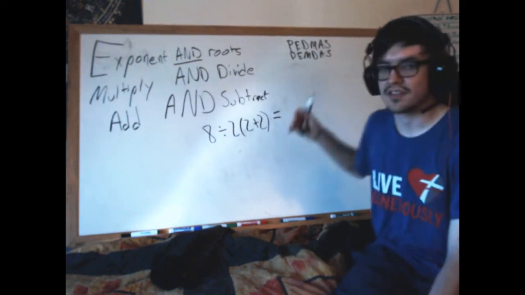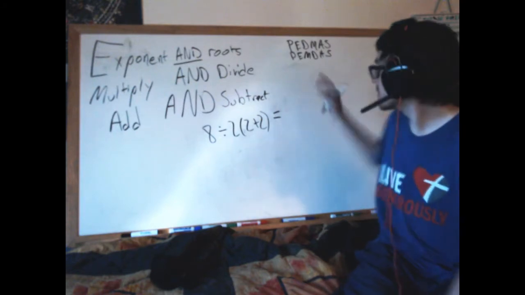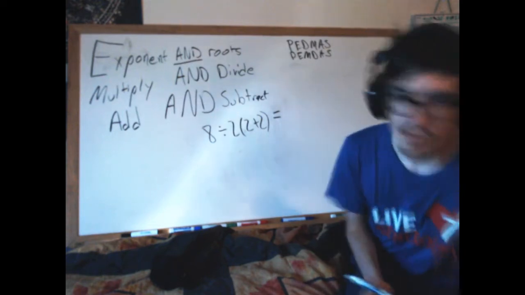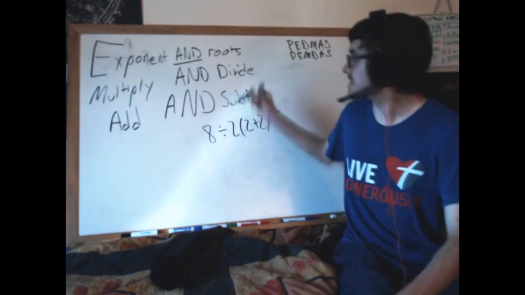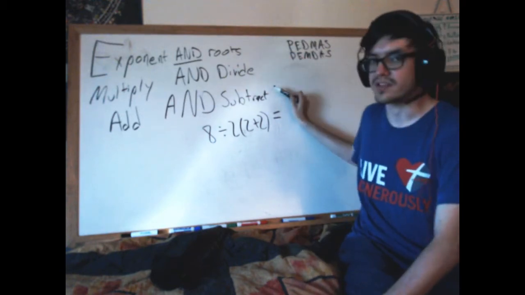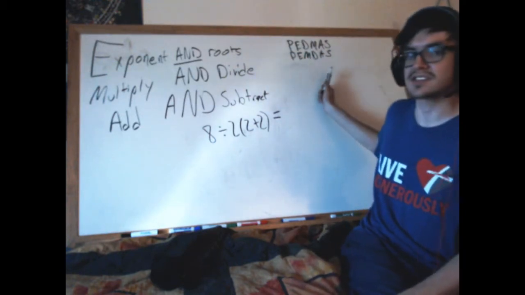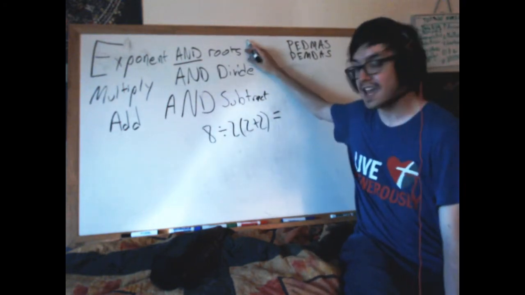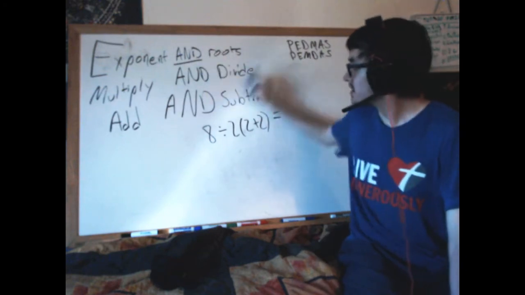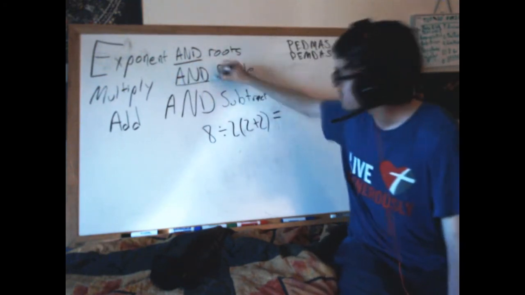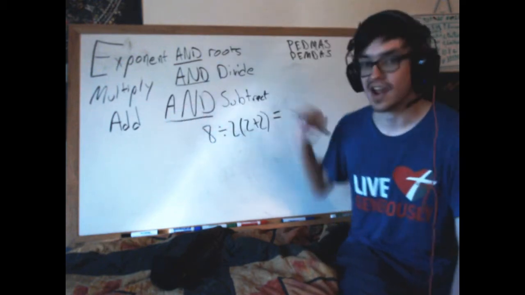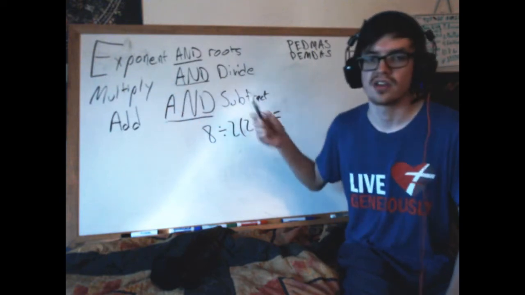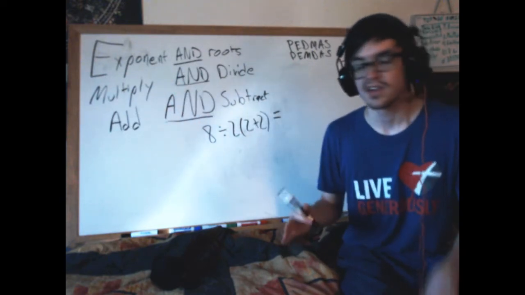But the thing is, the way we learn order of operations in school is a little bit broken, because the reality is that we have a 1, 2, 3, not like a 1, 2, 3, 4, 5, 6 order of operations. It's a 1, 2, and 3. First, we look at exponents and roots. Note the and. Then we multiply and divide. Then we add and subtract. Okay? We don't assign one or the other higher priority. They are the same priority. And also there's the